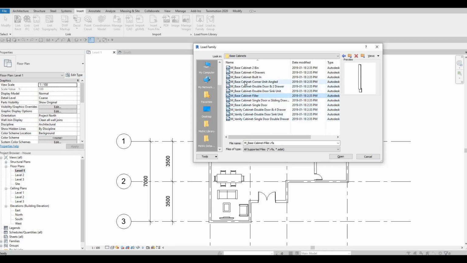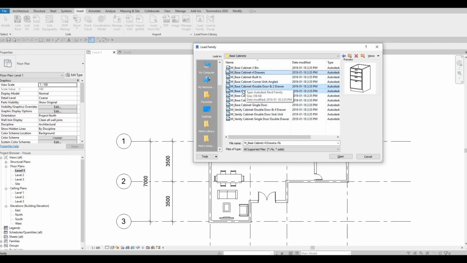So we have vanity, we have base cabinets, and all that stuff. So I'm gonna add this, and I want to make sure